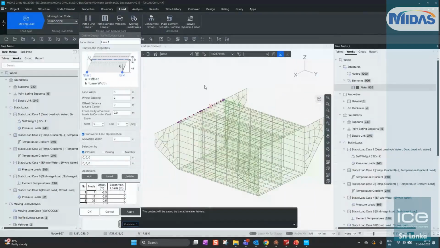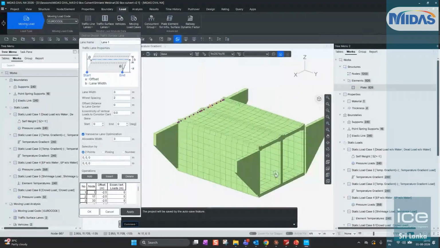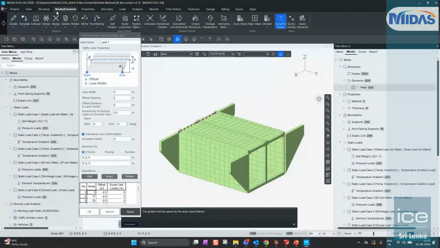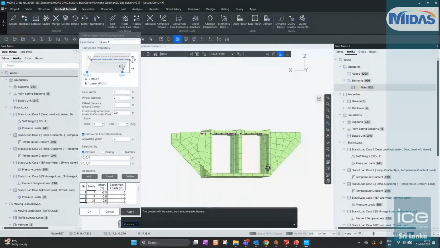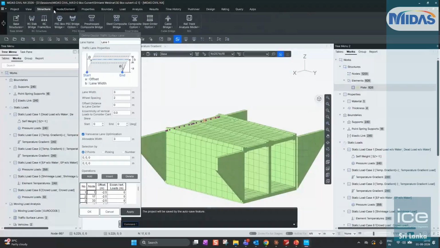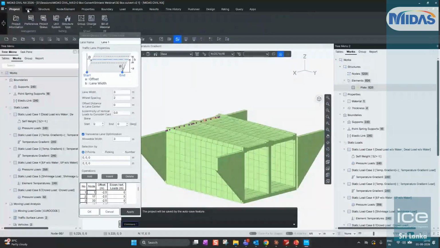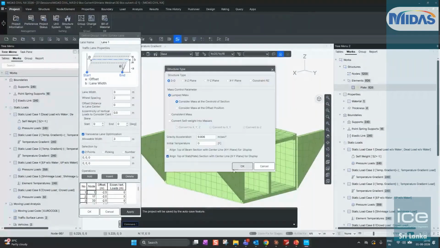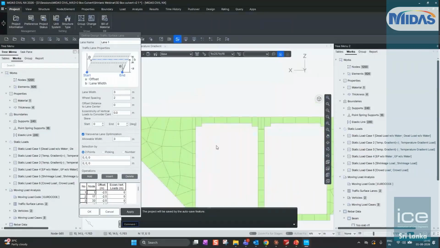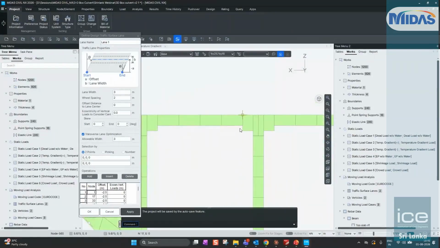Probably I'll just show you the extruded view. So this is giving you a better picture of the model. Right now, as you can see, the model is at center line. So to align the slabs on top, we'll go to project, go to structure type, and just use the align top of the slab. Okay, so now you will be able to see we also modeled the haunches. As I said, here we'll not get a trapezoid beam or the haunch. Here the haunches are estimated from the average thickness along that length. Okay,